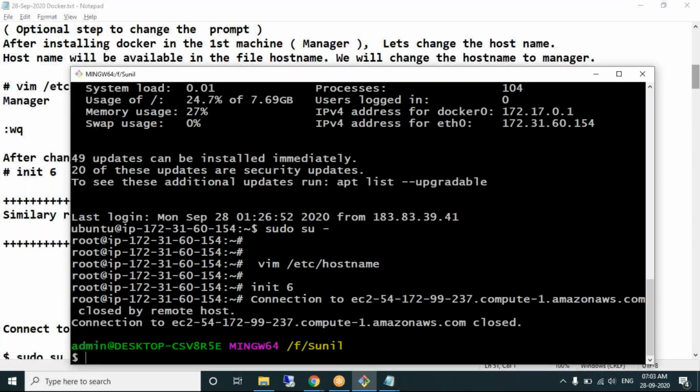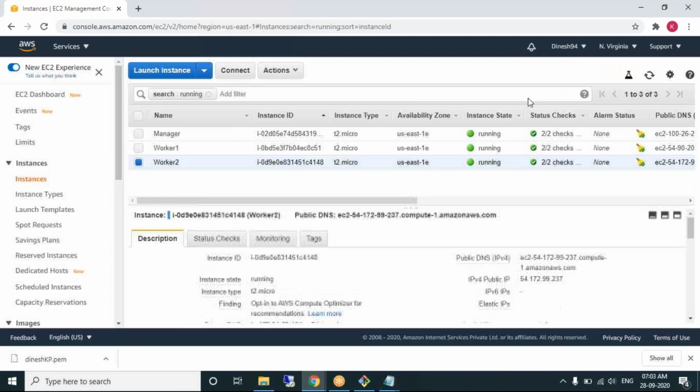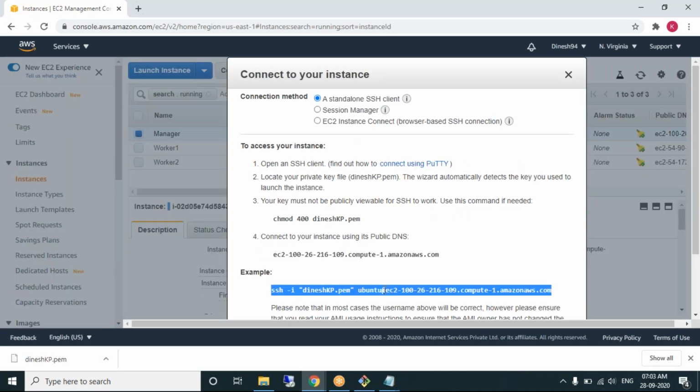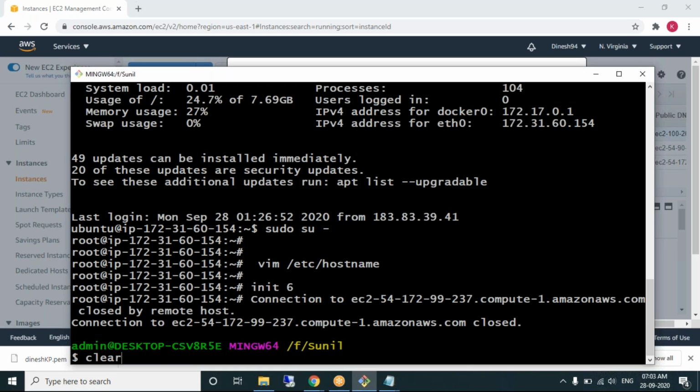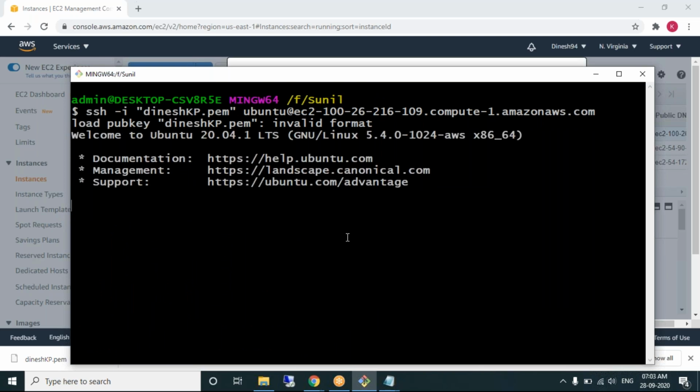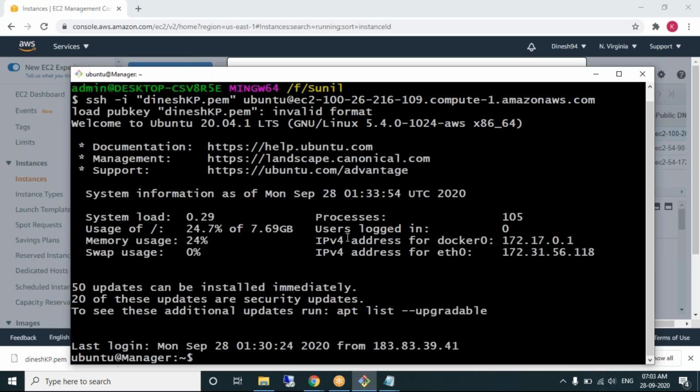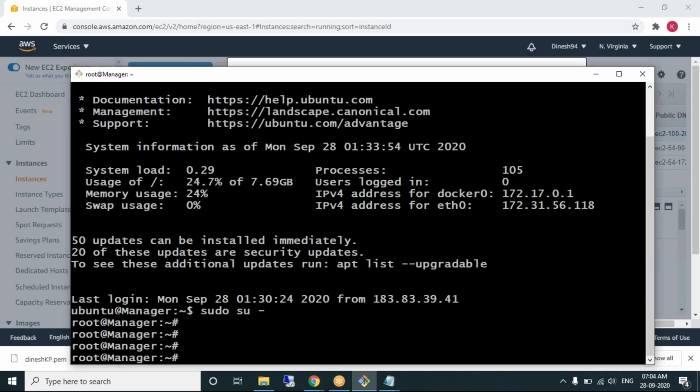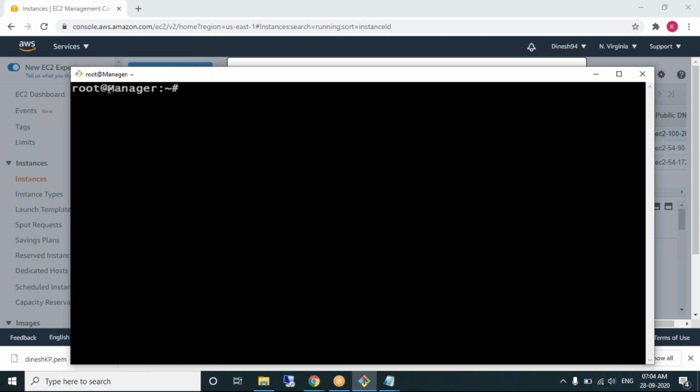I want to connect to the first machine. See, observe here. Are you getting the IP address? Instead of the IP address, I have mentioned it in the hostname file. What I have mentioned is manager, so I'm going to root at the manager. So this is the advantage. By looking at the terminal, I will understand which machine I have connected to.